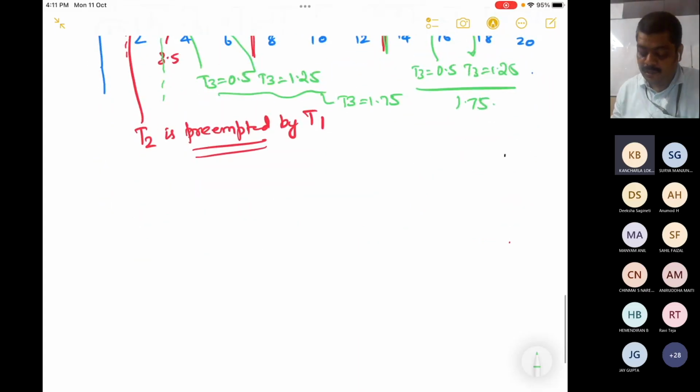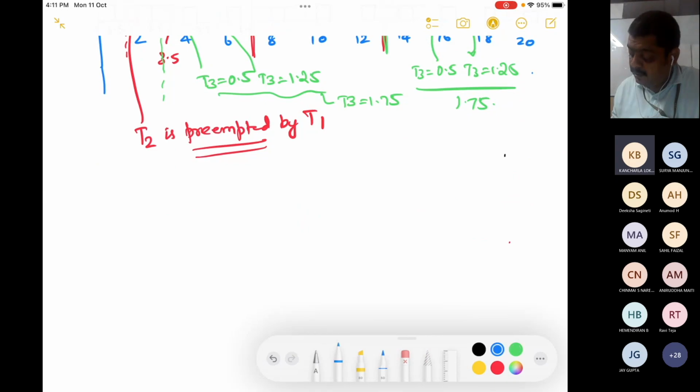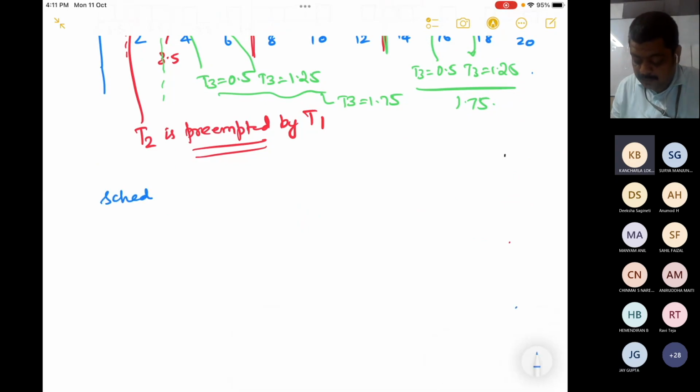But we have a schedulability test. In RM scheduling, we have something called